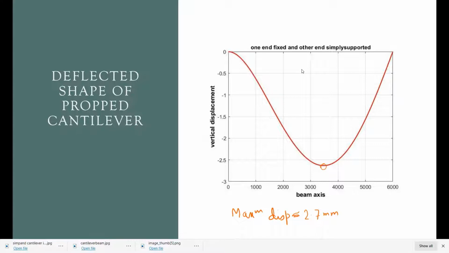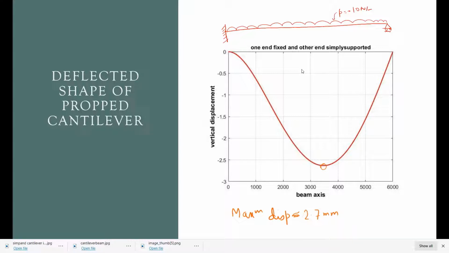For the propped cantilever beam, we know that one end is a fixed end and the other end is simply supported, and a UDL, uniformly distributed load, with a magnitude P equals 10 Newton per meter has been applied.